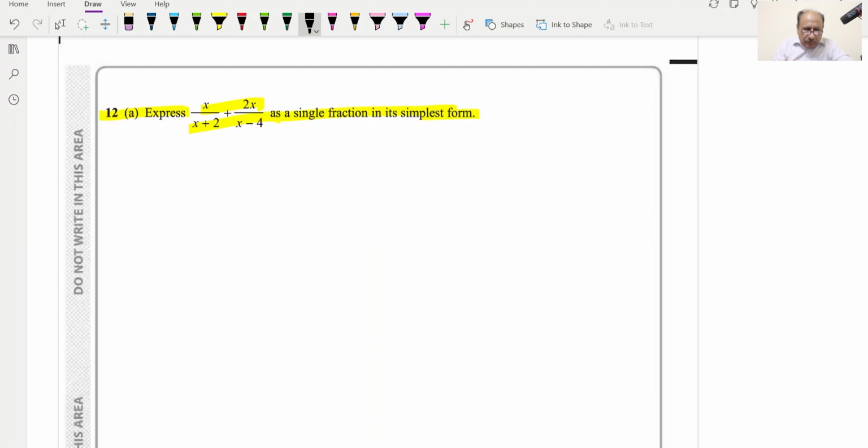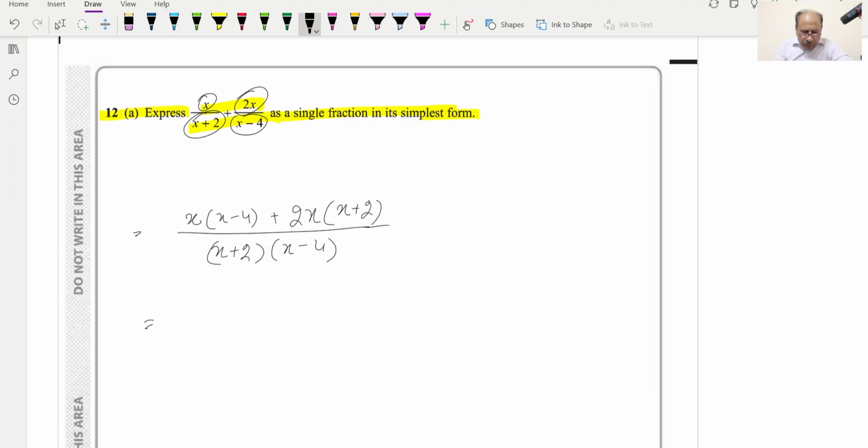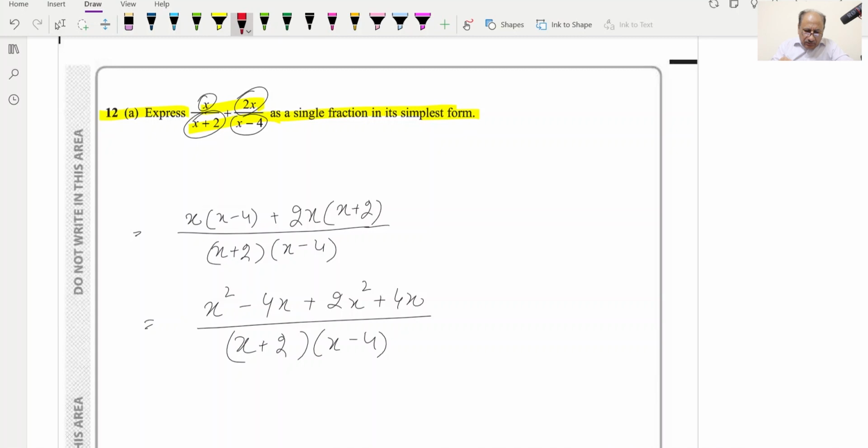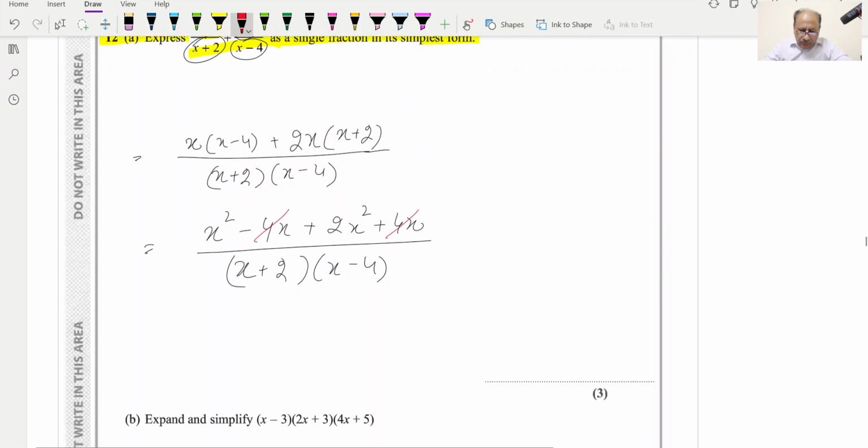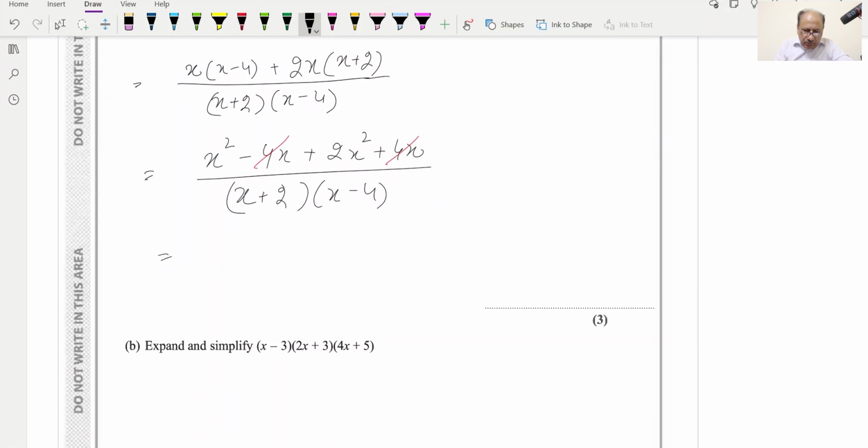So for simplest form we can take LCM, and this will be x plus 2 and x minus 4, and we can write this multiply by this, so x into x minus 4 and plus this multiply by this, so it will be 2x into x plus 2, and further we can open the brackets in numerator, we will get x squared minus 4x and plus 2x squared plus 4x, and divided by x plus 2 into x minus 4, and we can cancel minus 4x and plus 4x,